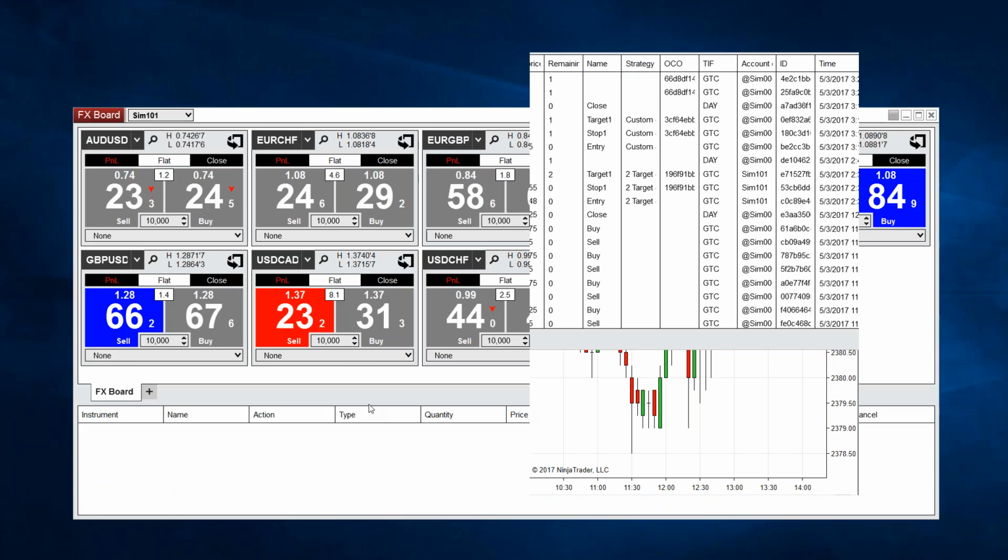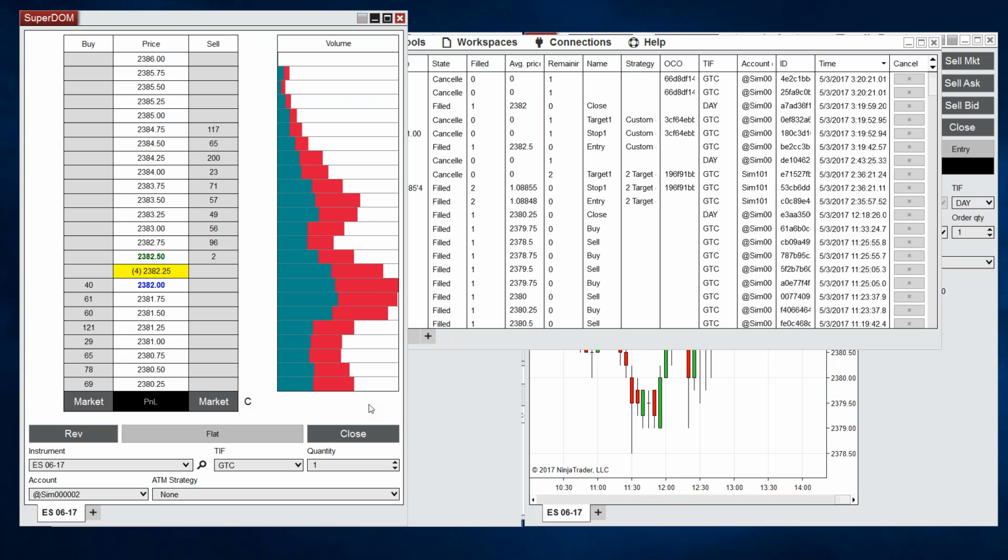Is there a way of putting more textual data on a chart, like a panel, something like a form, something like a spreadsheet would be nice, so that Excel-like formulas could be used instead of having to write code? I see. No, you can't do that out of the box right now. That's a very interesting idea that could be a custom program or a custom add-on that somebody could build. NinjaTrader 8 allows developers to do that, but we don't provide that out of the box.